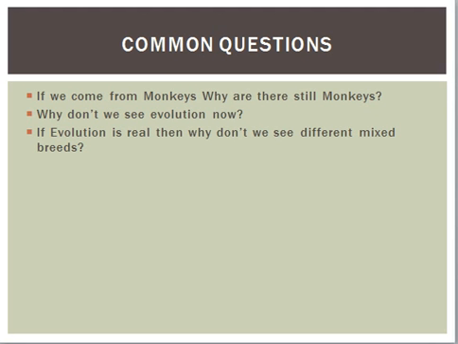The last question I don't really want to answer because it is kind of silly. It says, if evolution is real, then why don't we see different mixed breeds? To a certain extent, we do see different mixed breeds. Like in the case of dogs, we can track the lineage of dogs, let's say even going from England, being artificially selected by humans, and